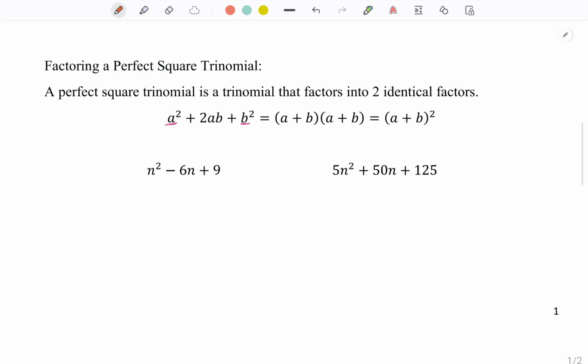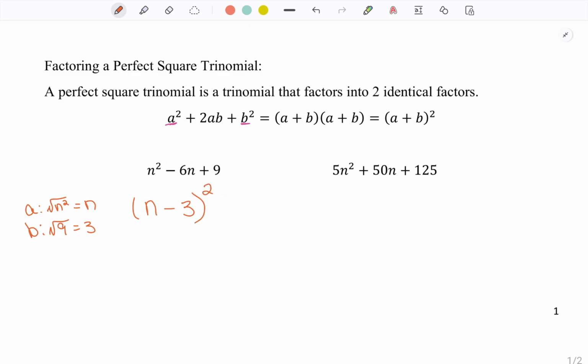So in this first problem, I see that we've got n squared minus 6n plus 9. So n squared is a perfect square, and so is 9. So if I take the square root of n squared and the square root of 9, I can factor. For a, I'm going to have the square root of n squared, and that's going to be n. And then for b, I'm going to have the square root of 9, and that's going to be 3. So I have n and 3. And then I'm going to take the sign of my b term, which is negative, and it's going to be